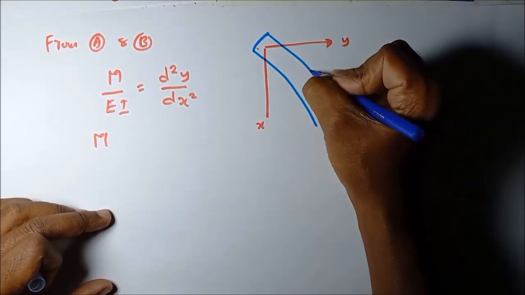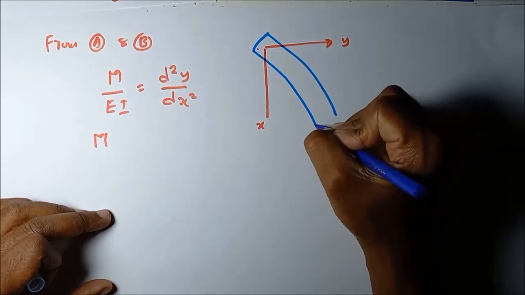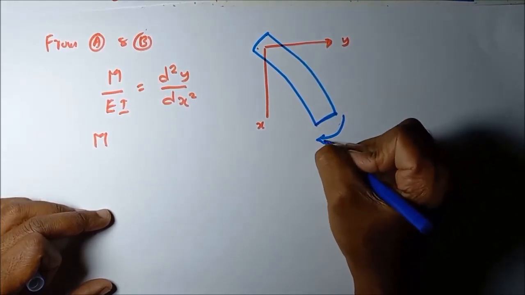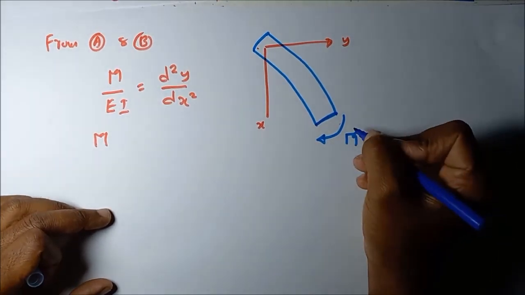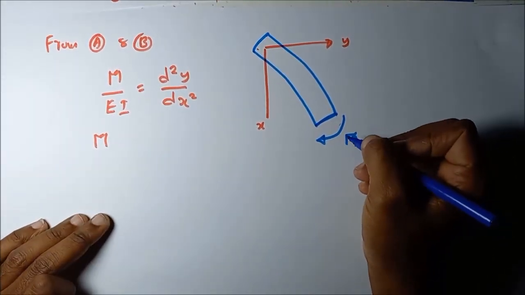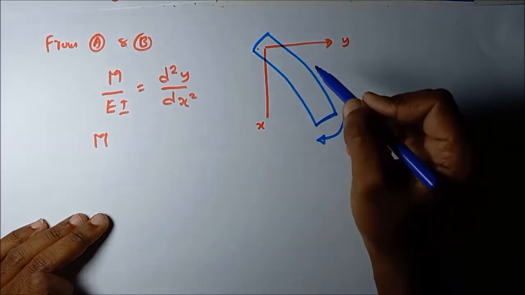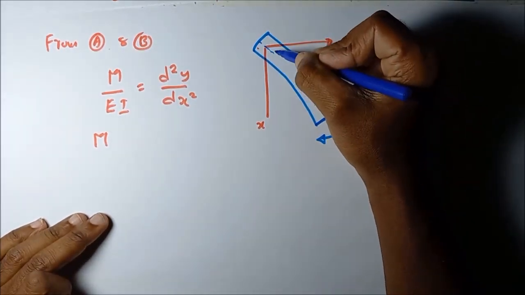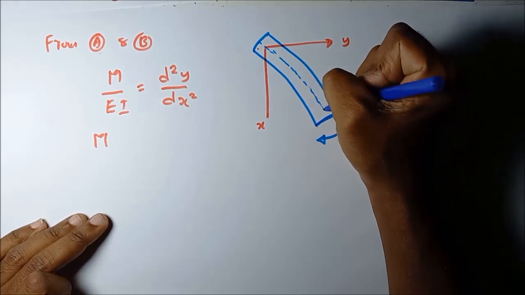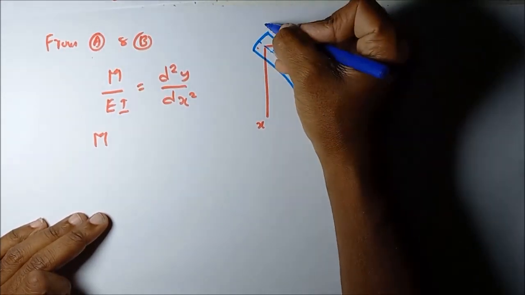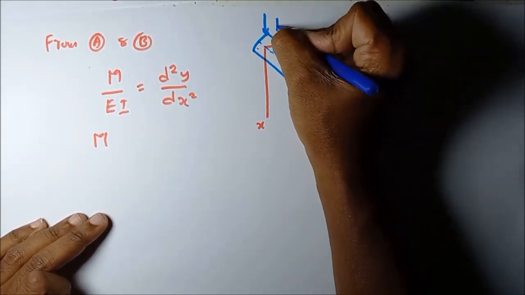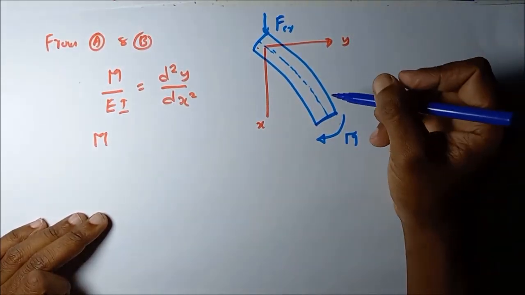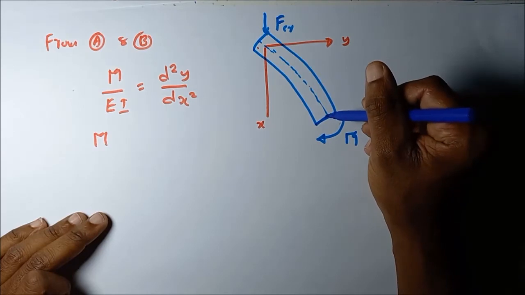We consider this kind of separate beam part for this calculation. This kind of moment is acting on this. This is the moment M acting on this. So considering the equilibrium of this separated beam part, that means considering the free body diagram of this beam part, all the forces acting on it should be balanced. So then this is the critical buckling load. If the critical buckling load is acting in this situation, you can see